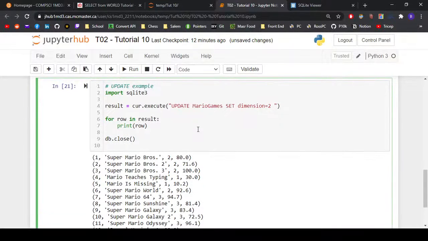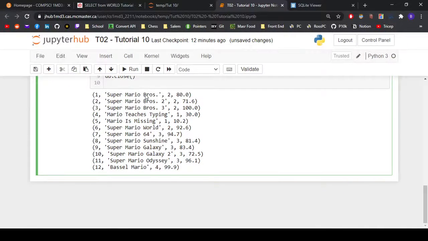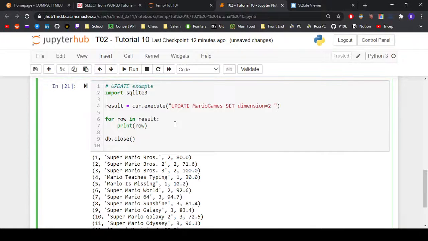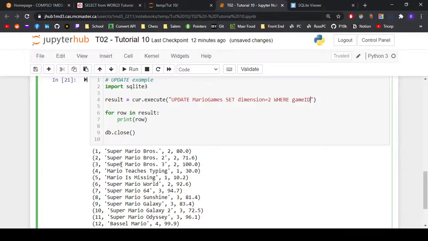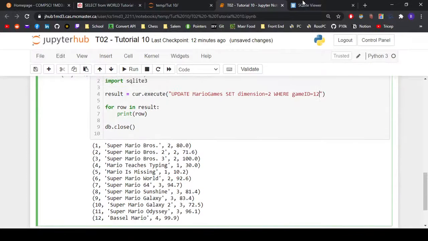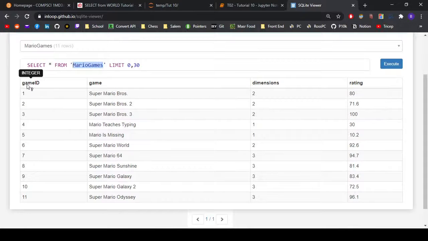But if we just ran this, we're not specifying which row to update. So we have to actually specify, just like we were specifying in the SQL queries earlier, where we have to find some way to specify this one. So we could say where game ID equals 12. And hopefully that should work. Was the game ID actually, yeah, it was actually spelled just like that. Remember that we have to actually match the cases exactly. So game ID is,